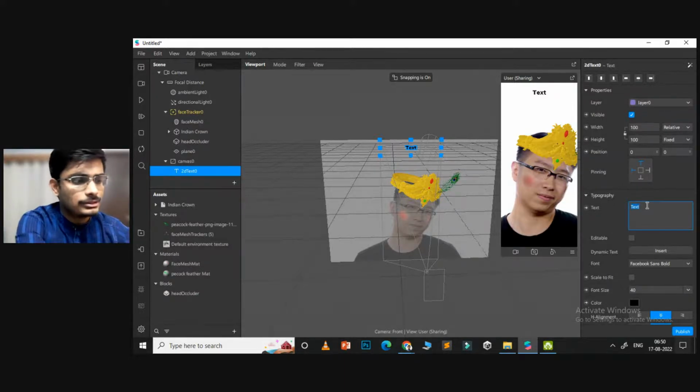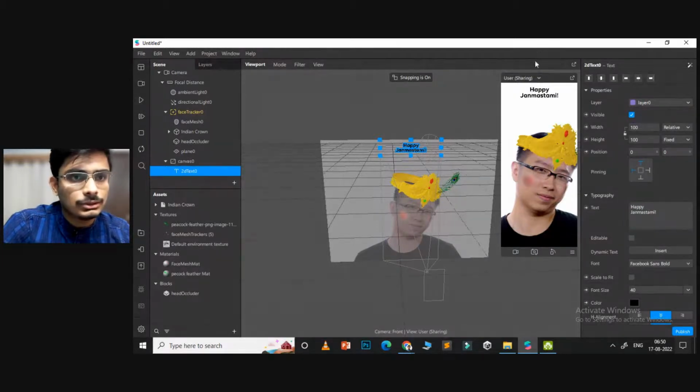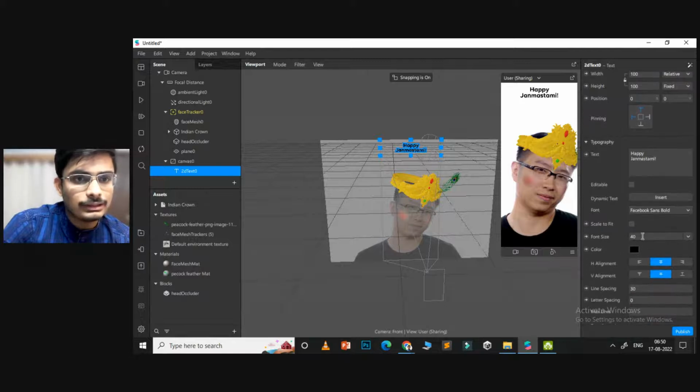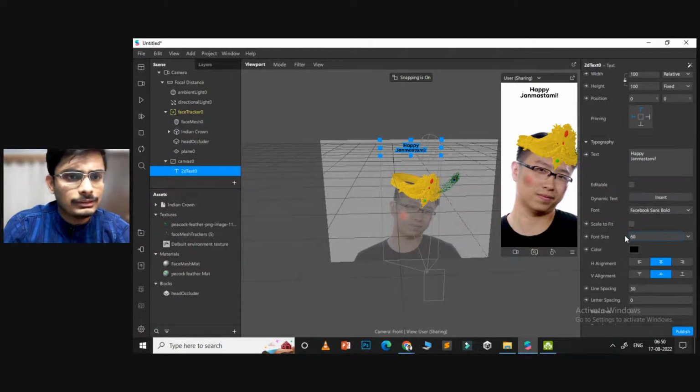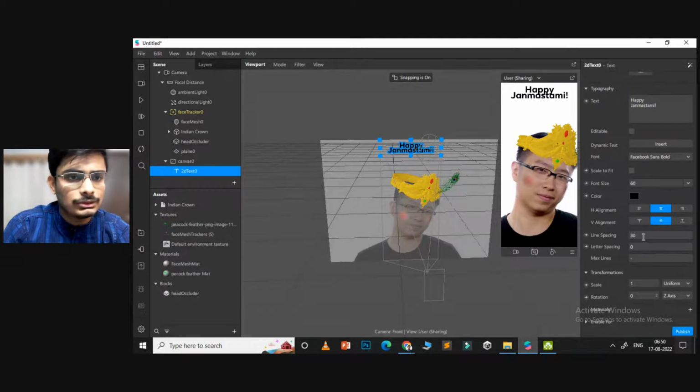Let's change the text here to something like happy. This is the next line. So we have changed the text to happy Janmashtami. Let's increase the font a little bit. Let's increase the font to around 60. So we'll change the font size property to around 60, and we'll also increase the spacing between these lines as